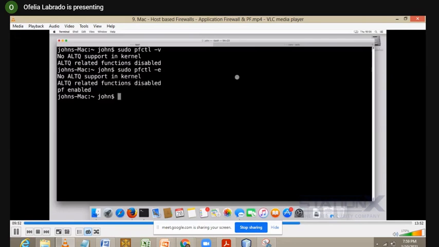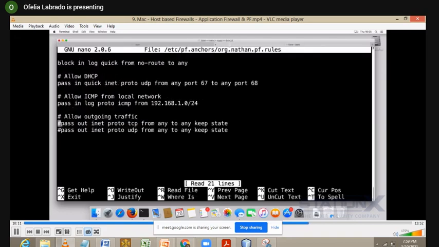So that means, because we have the block, that we shouldn't be able to do, for example, HTTP outbound. So let's try that. And as you can see, it's not even able to resolve the domain name via DNS, which is as we would expect. So if I edit this file here and enable outbound connections for TCP and UDP, save this file,